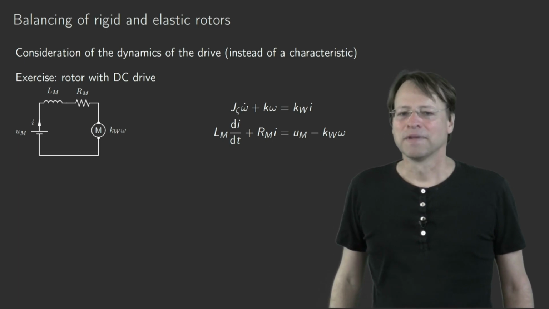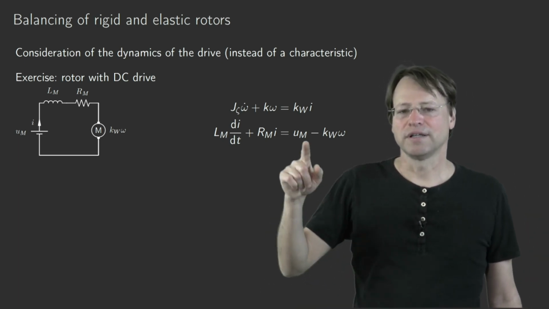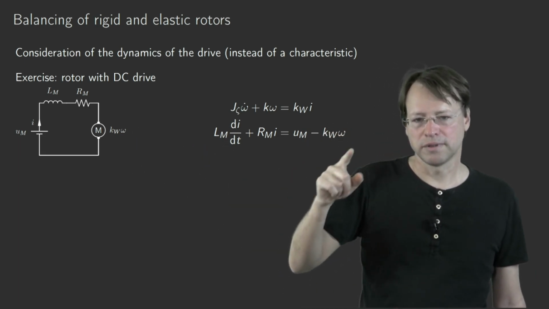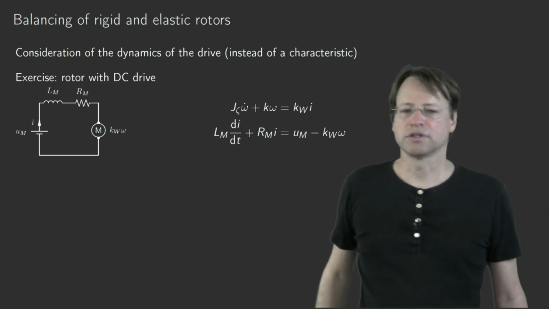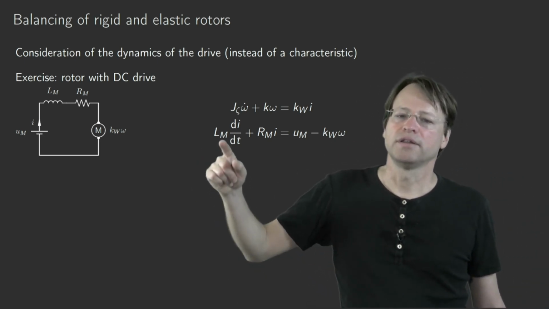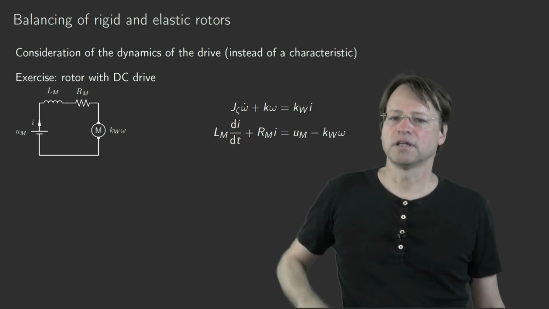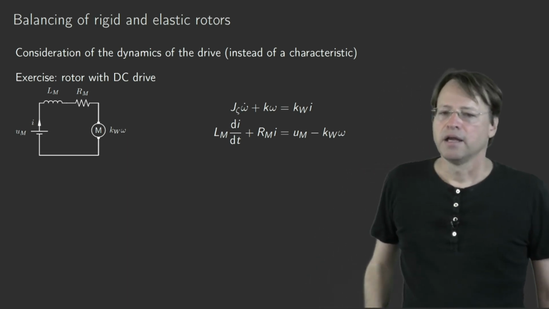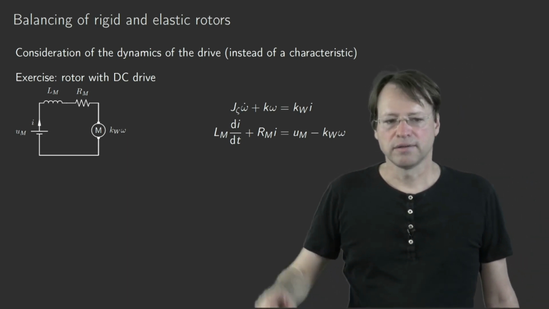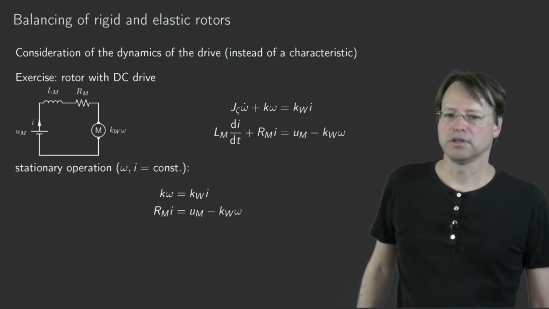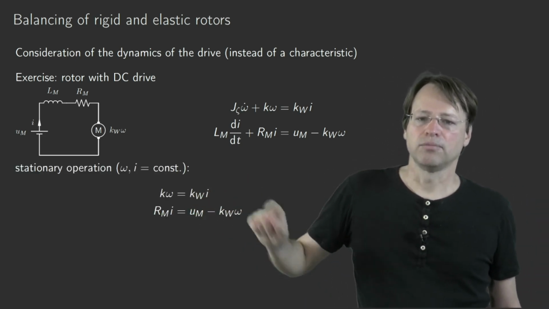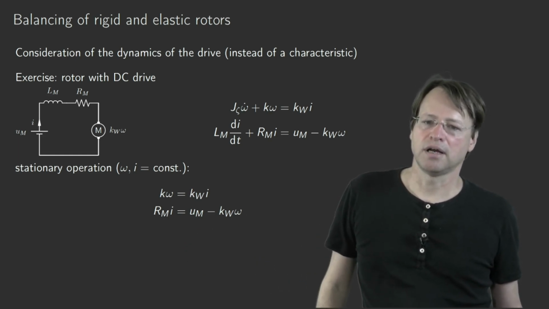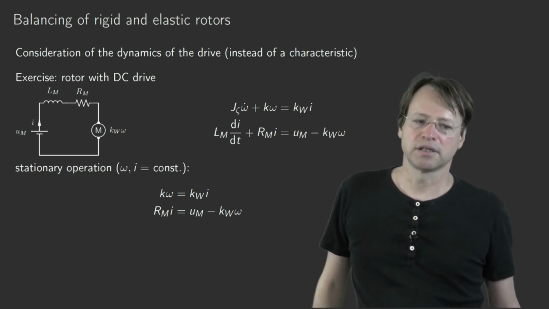Yeah? So you have one balance law for the torque and one balance law for the voltage here. On the right-hand side you will find the voltage that you supply to the system minus the voltage loss here, which is proportional to omega. On the left-hand side you find the voltage coming from the induction coil and the voltage due to the resistance. If we look at stationary operation again, then we will drop the first terms on these two sides. So you have a balance of K omega and KWI, and in the second equation a balance between RMI and UM minus K omega